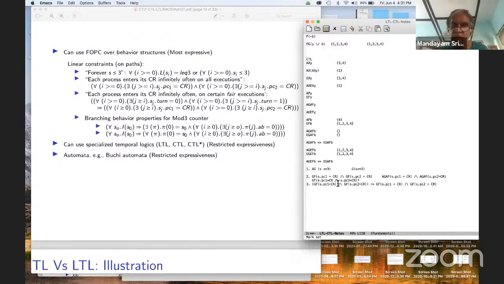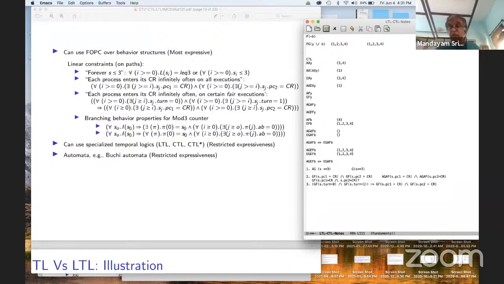I'm sorry, yeah. So fairness is restricting yourself. It is equivalent to model checking this formula, with an implication, on the original system. So in LTL,